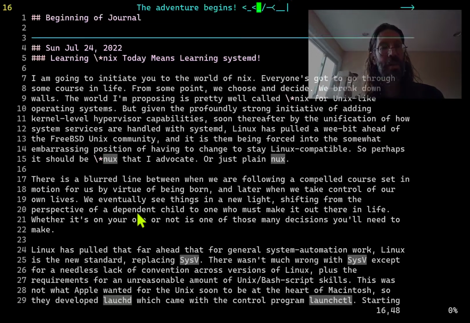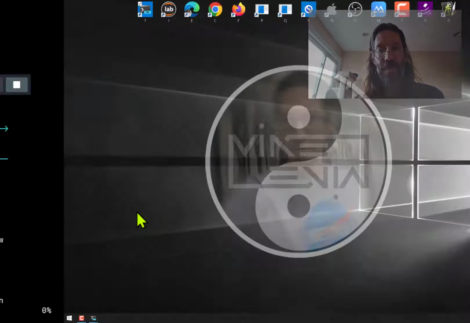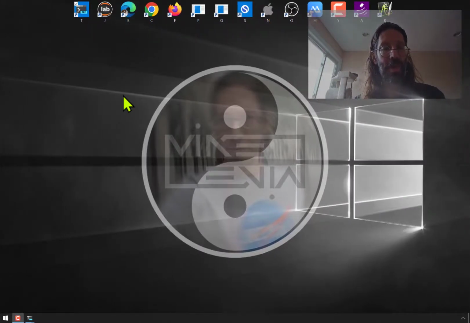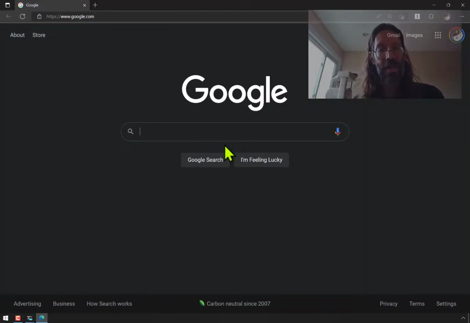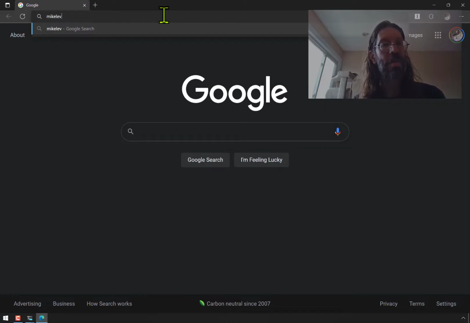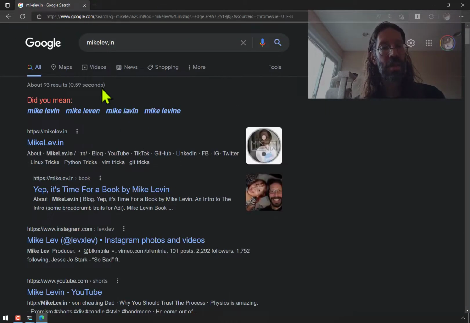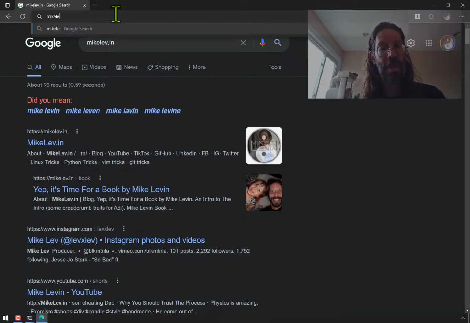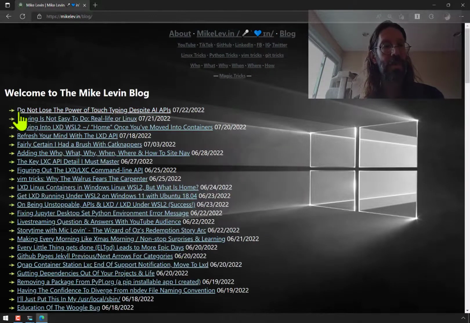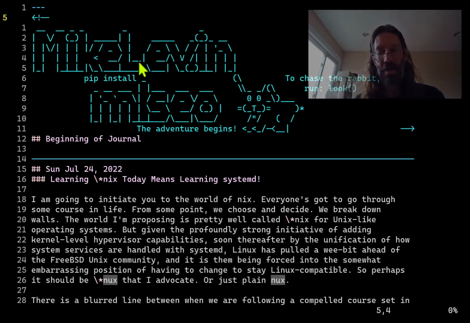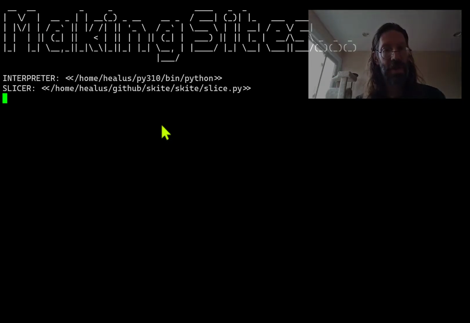I'm going to go ahead and push this one out here. I'll give you a little before and after. We open up this one here. And while that's going on, lev.in. It should just bring me to the site, as it does. And we'll go to the blog for before and after. Do not lose the power of touch typing despite AI APIs. All right, we'll go back here, ampersand P for publish. I guess I had to click on it. Ampersand P for publish. It'll publish just this particular